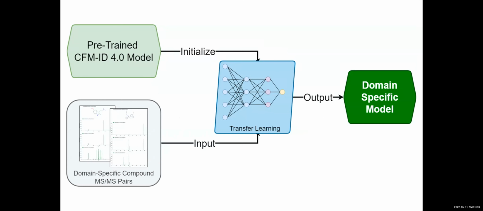You freeze a bunch of parameters and only update the last few, in the last layer. As shown here, we grabbed a CF94 model, which we have published and is now publicly available. Then we continued the training process with the whole set of domain-specific MS2 to compound pairs. In this particular case, we had 390 MS spectra, 319 compounds and their corresponding spectra from a